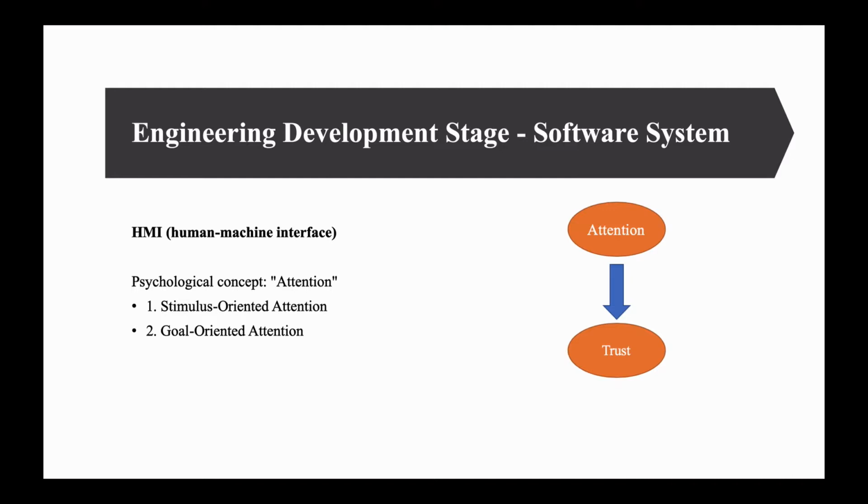The core of the traditional HMI design of the automobile can be boiled down to a cognitive psychological concept: attention. This concept can be divided into two parts. One is stimulus-oriented attention, and the other is goal-oriented attention. One aspect of HMI design is to avoid driver distractions, such as lane driving aids and fatigue warning. On the other hand, it should attract the attention of the driver, such as car alarm and travel reminder. Goal-oriented attention includes all operations and acquisition of purposeful information.